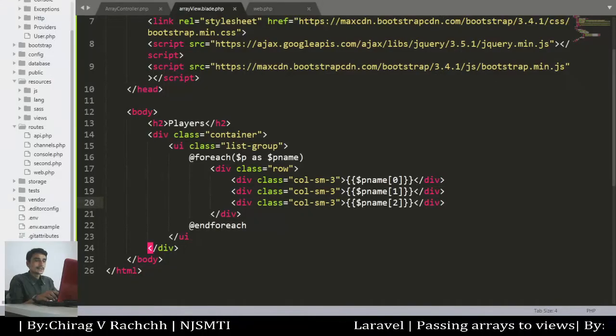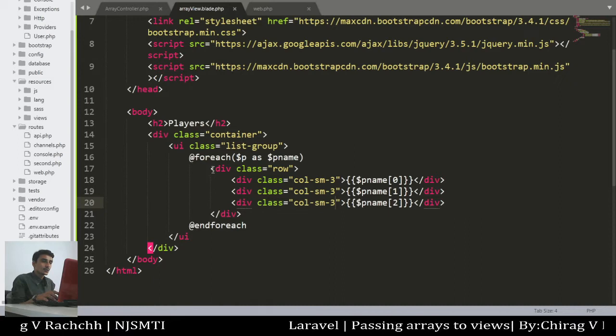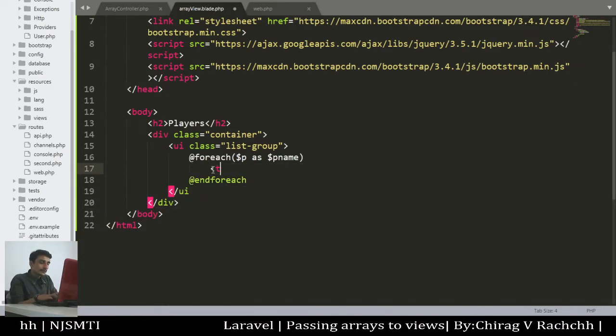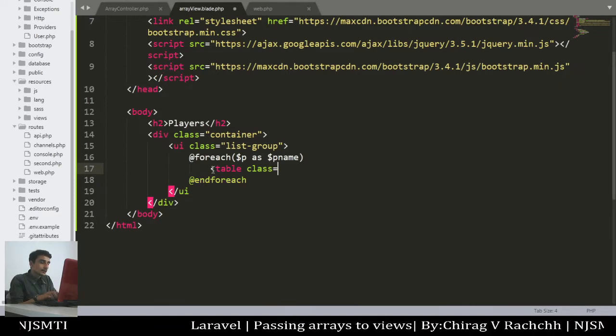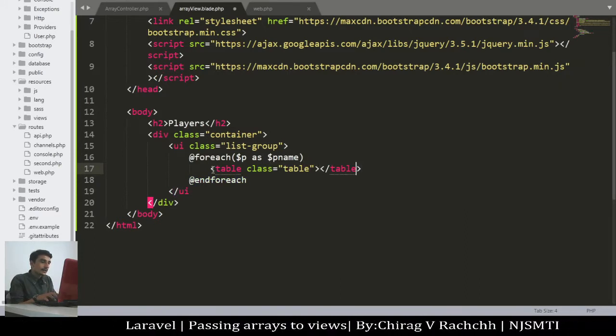Let's go and define this table, friends. I will remove this and define one table with class equal to table.